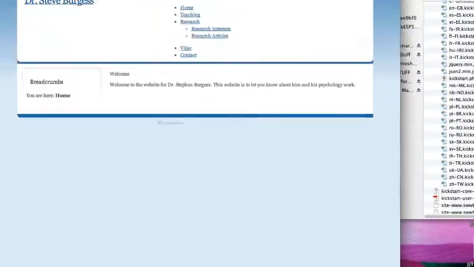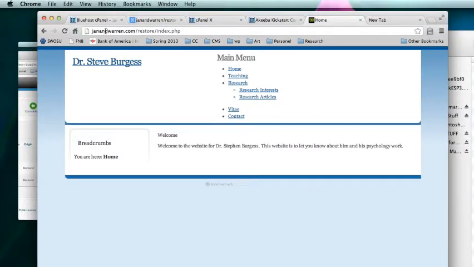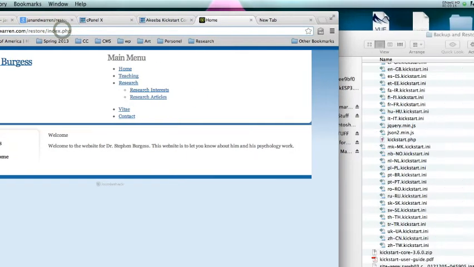And you can see here that I restored from my old domain name to the new domain name. And in this case right here, it's just like any Joomla website. Okay, so in this case right here,